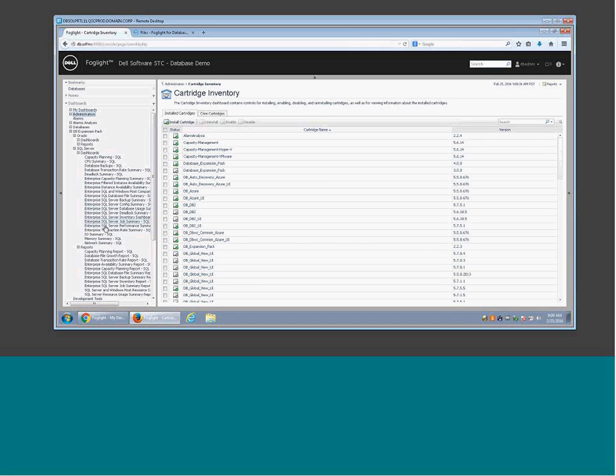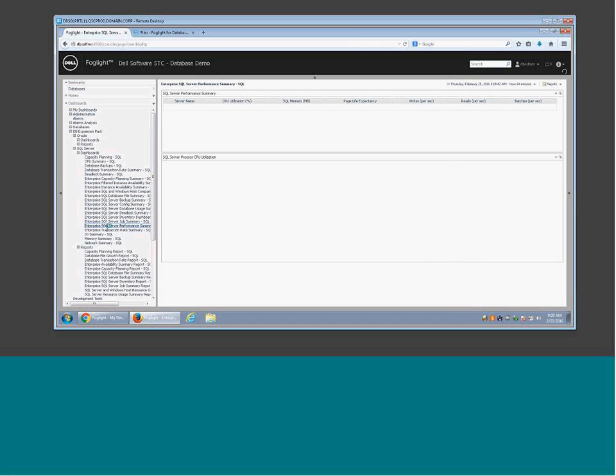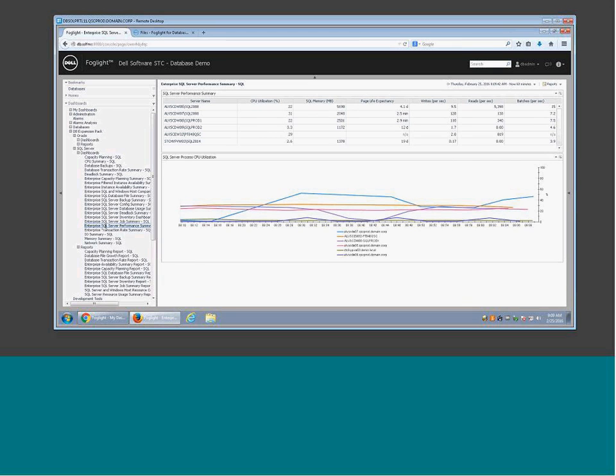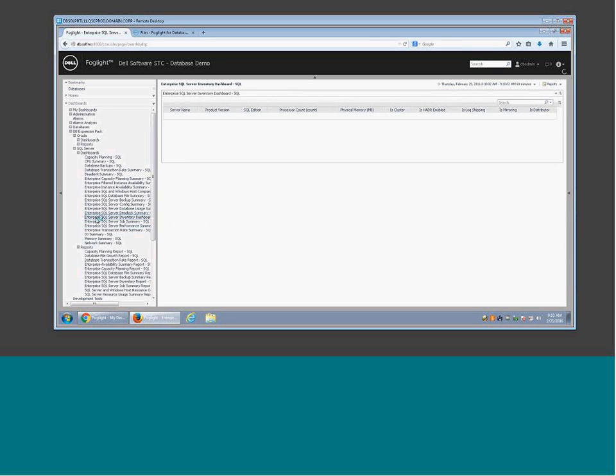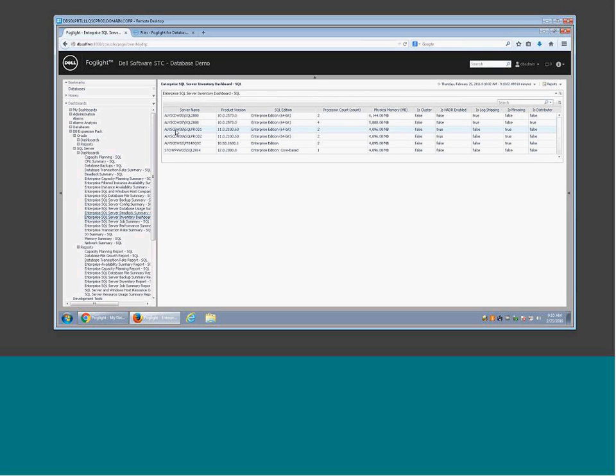So if you wanted to do something along the lines of an enterprise SQL Server performance summary, right? A list of all of our SQL Server instances with some KPI type information about how much CPU they are using, what is our page life expectancy, how many IOs am I performing, along with a trend graph showing that information over time. We have an enterprise SQL Server inventory dashboard, which customers use to just say, I'm monitoring 500 instances